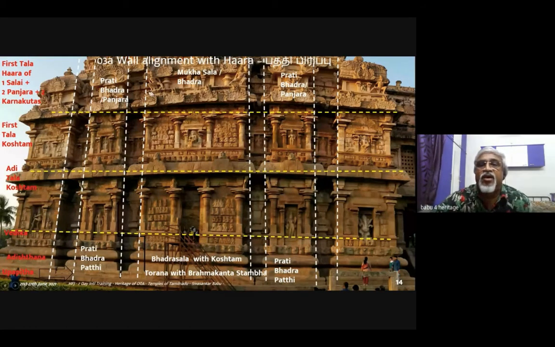Bhadrasala. On the 2 sides, we have Pradipatra. Pradi is a copy or a replicating one. You can call it Pradipatra or Panchara. So this is called Pancharapati or Pradipati. So this is the second column. The third is the Karnakuta. We have 2 Karnakutas on the corner, and this is called Karnapati. This vertical alignment is called Karnapati.